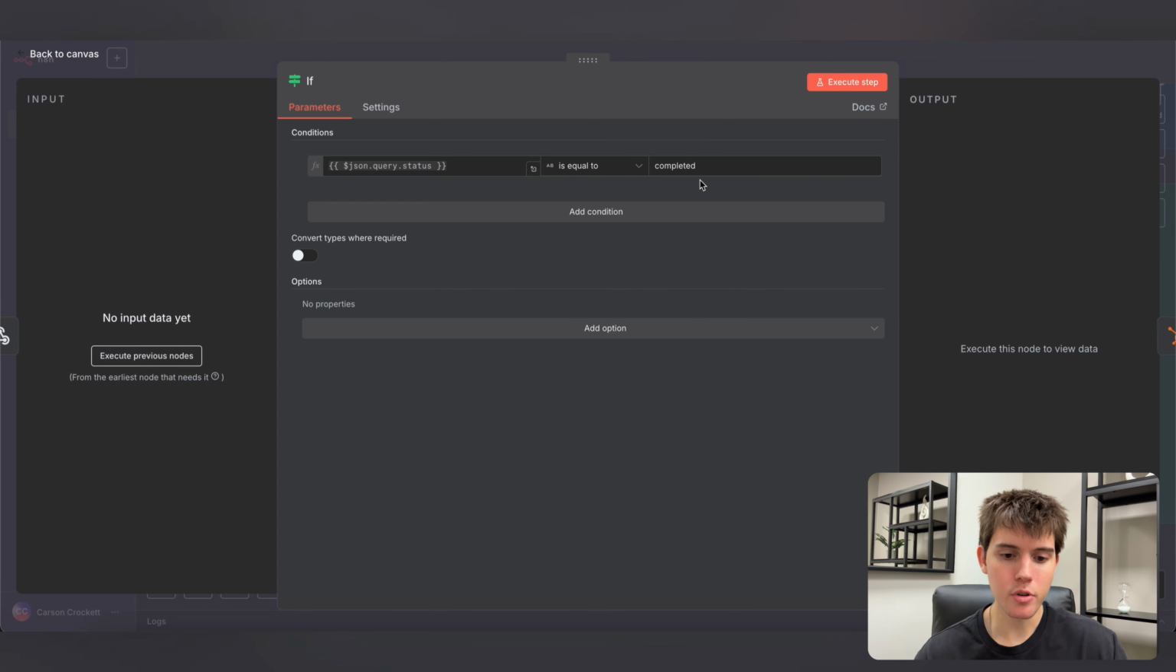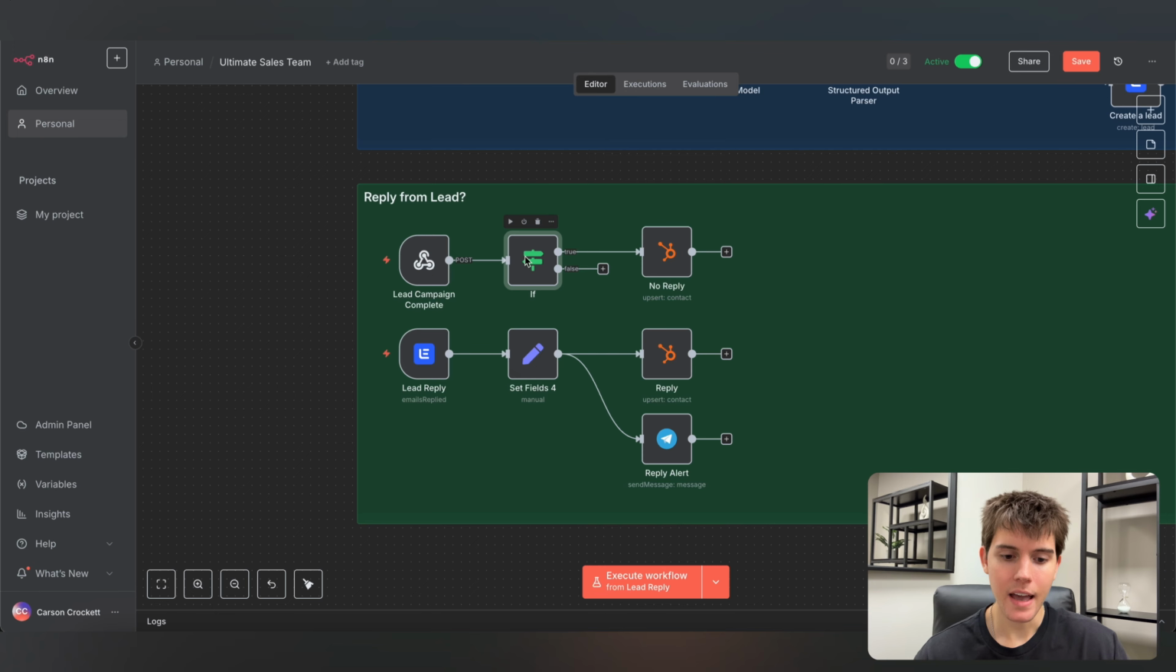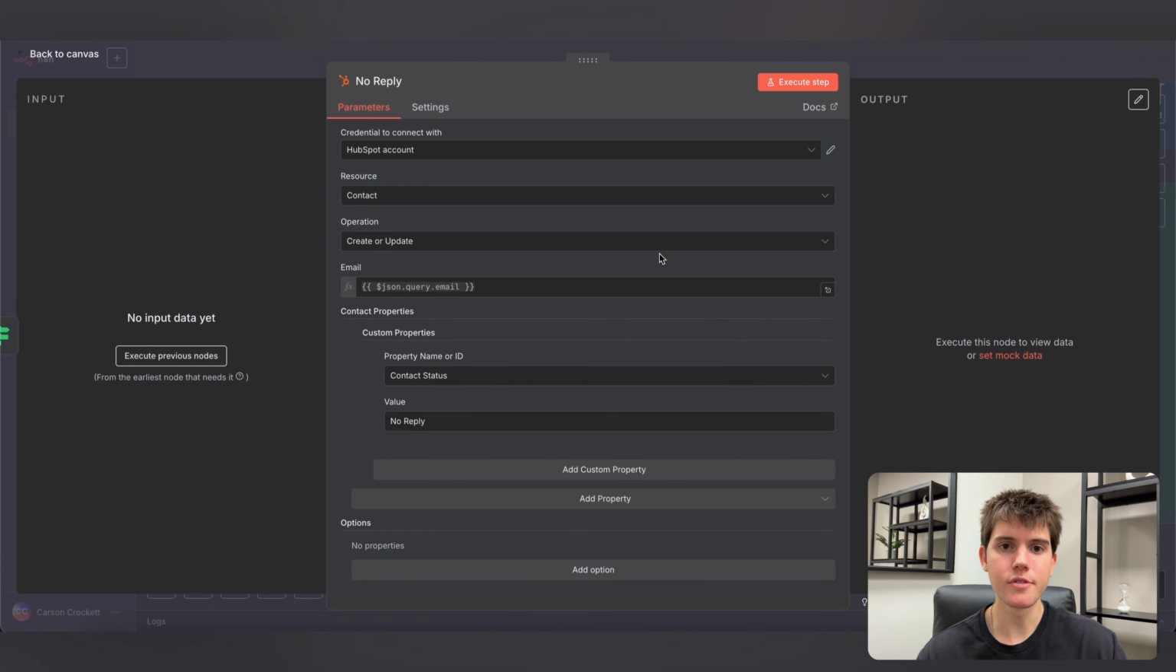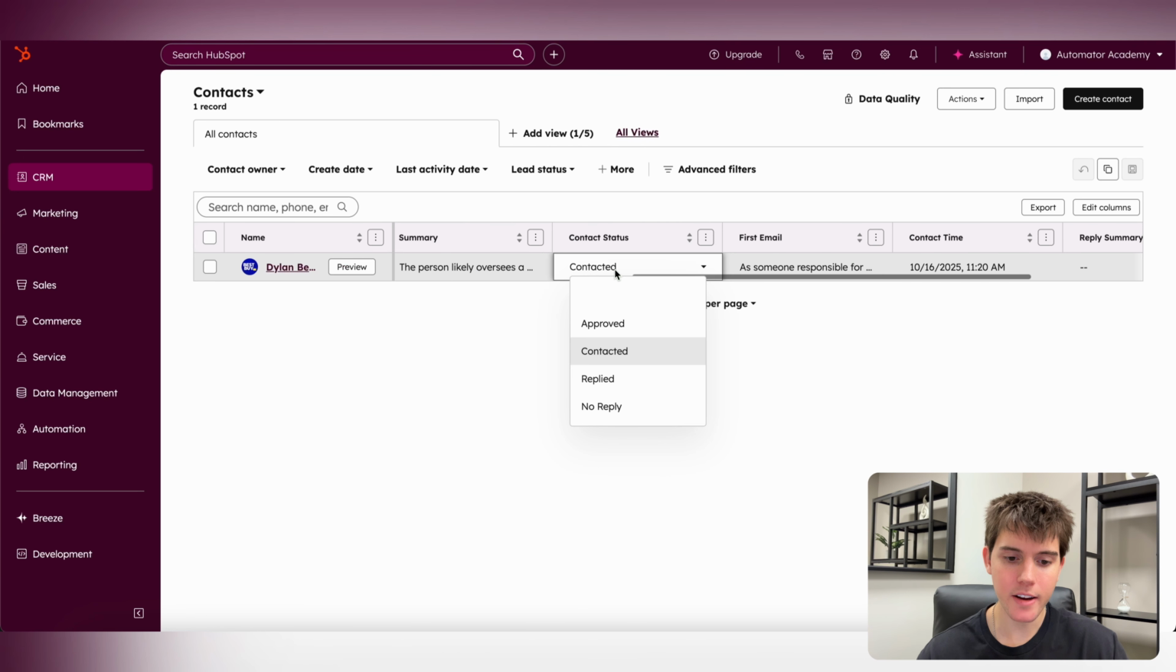If this is equal to completed, which it already should be because if it calls the webhook in the first place, it means that a sequence is complete, then the workflow is going to continue. So this is basically just a double check. After that, we are just using a HubSpot node, the same type of node we used earlier in the automation, which is create or update a contact. We're going to find the lead we're looking for by matching the email, and then change the contact status column to no reply. So if this node runs, then the contact status column right here is going to be changed